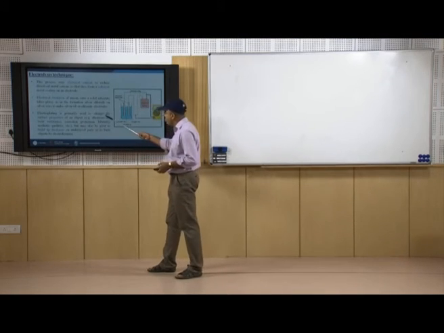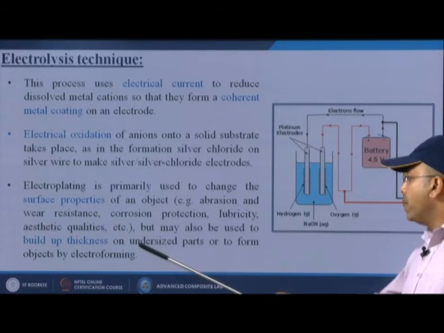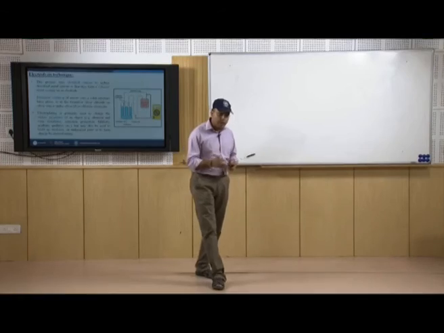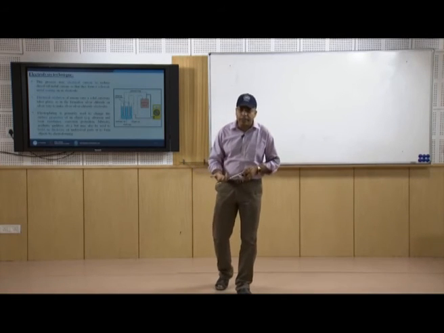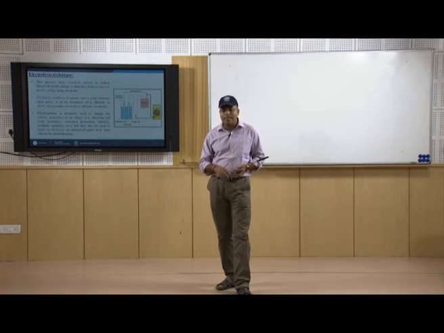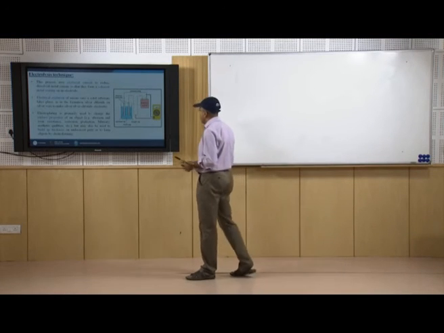Electroplating is primarily used to change the surface properties of an object, like abrasion and wear resistance, corrosion protection, lubricity, aesthetic qualities, etc., but may also be used to build up thickness on undersized parts or to form objects by electroforming. We can increase or decrease the coating thickness. Sometimes we have made some samples that are a bit undersized, so by increasing the dimension through electroplating,